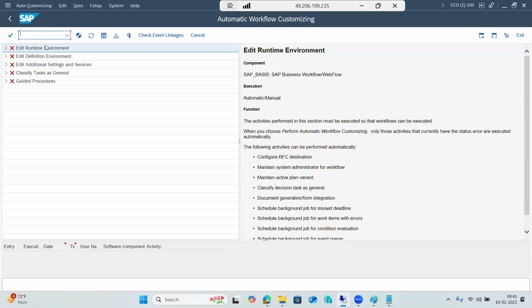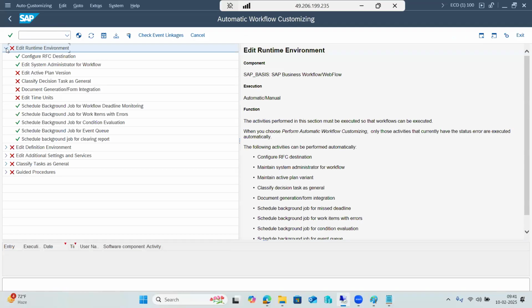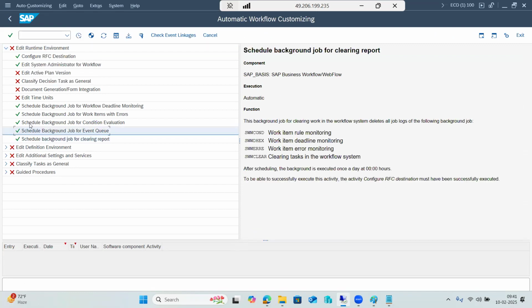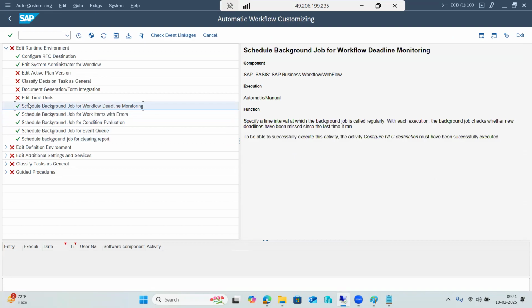Sometimes the functional team will take care of this part. Sometimes they may ask you to activate the workflow. In that case, we have to right click and just do the auto customization. Then everything will come to active status here. This is one of the small activities which we have to take care of. Workflow auto customization means you need to remember the